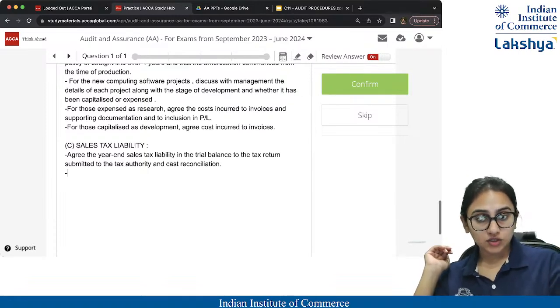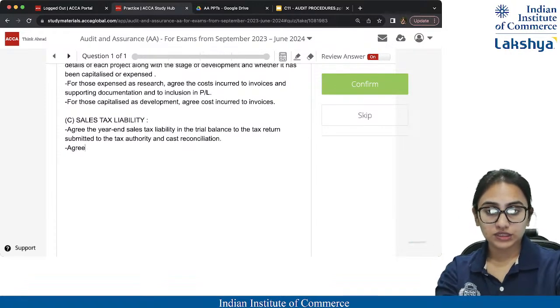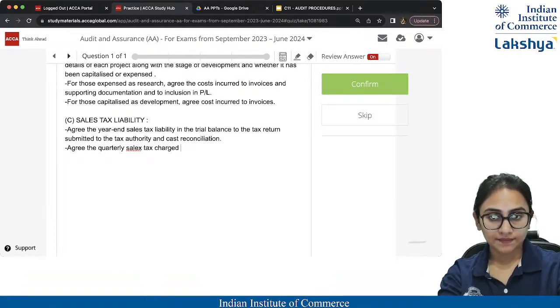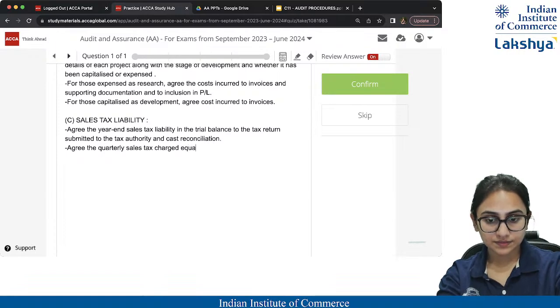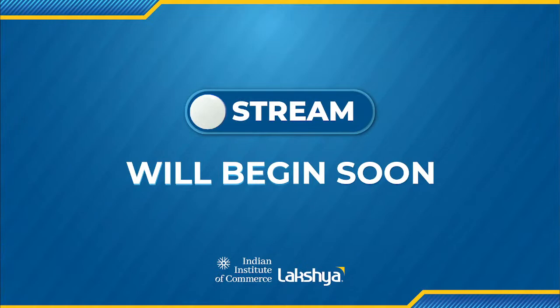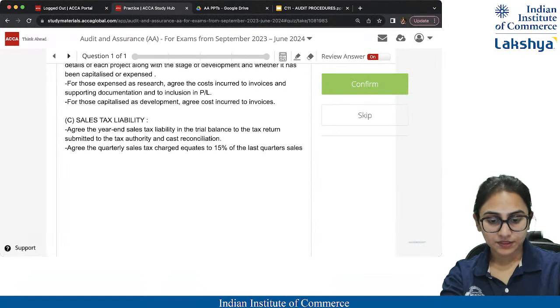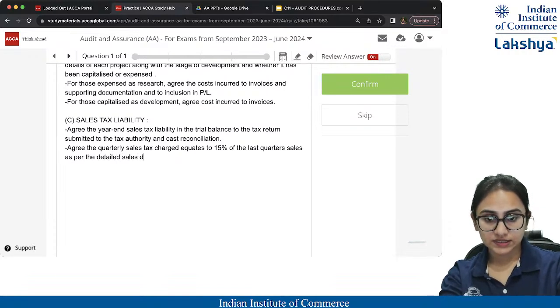So for the quarterly sales tax charged, next point will be based on that. Agree the quarterly sales tax charged equates to 15% of the last quarter sales as per the detailed sales testing. Okay, then